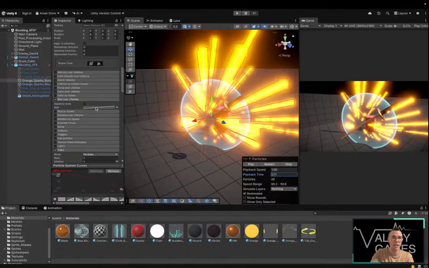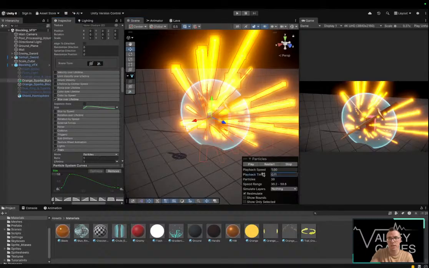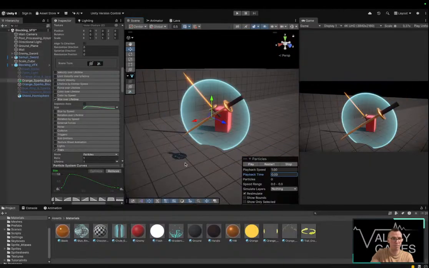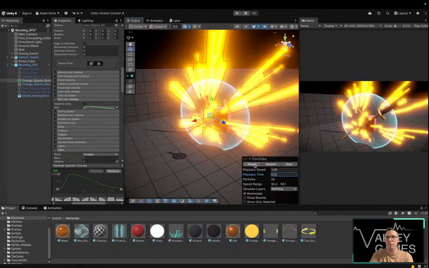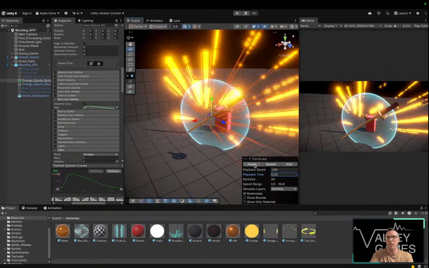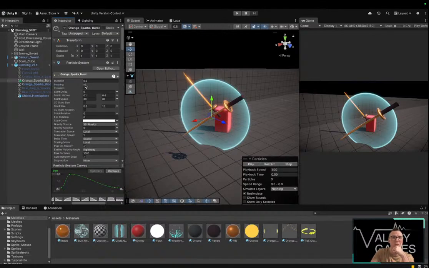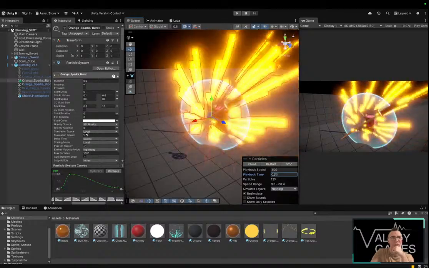We can mess with it so that everything gets smaller, or just gets big and then disappears, right? Which is kind of cool. Big and then disappears. I think that might be the one. For us, we might want it to just go as big as possible and then just tail off. Let's play it. Yeah, that's kind of cool. So I'm thinking this is near enough all I want. The only other thing is if I just put looping on for a second and we just burn our eyes out with the effect,